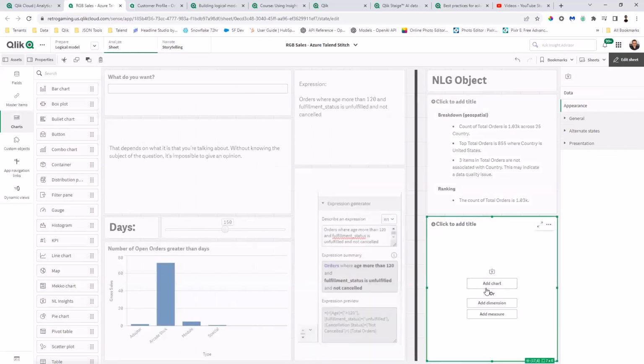I could actually add a chart, and this is a new feature that's coming soon. I could actually add a chart where, for example, it'll recognize the chart on the canvas, and it'll pull in and create natural language insights. So in this case, we were looking at gross sales and the mutual dependency between fulfillment status, etc. This could be